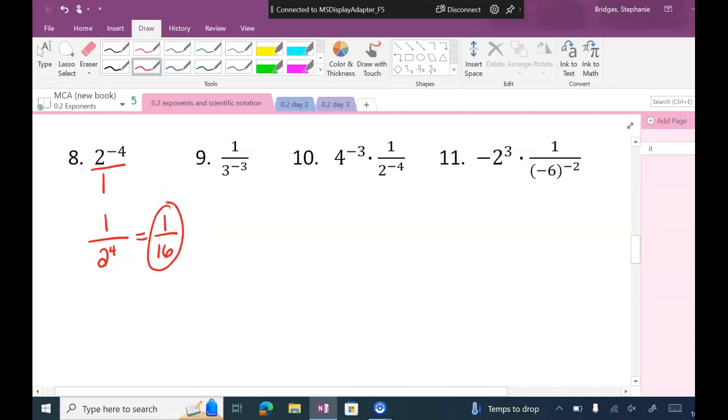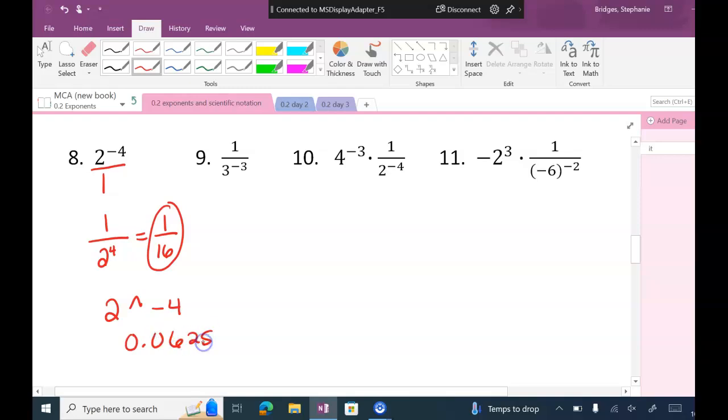You can also do that in your calculator. If you have my calculator, there's something I need to teach you how to do. So what I want you to do is hit 2. Hit your exponent. If you don't have my calculator, I'll have to look at yours and see what your answer looks like. And then you're going to raise it to the negative 4 power. So these are the buttons I'm hitting. I'm hitting 2, the caret key, and then the negative 4 power. And I get in my calculator